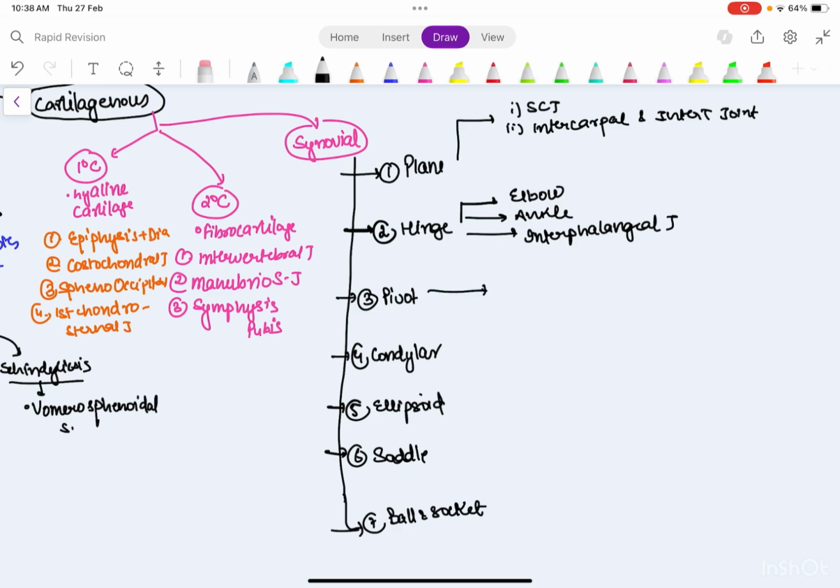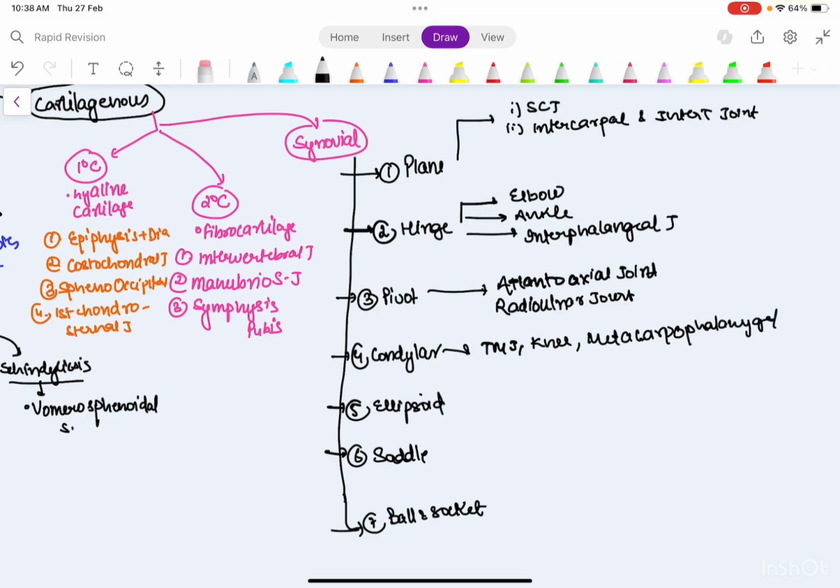Now for pivot you have to remember atlantoaxial joint and radio-ulnar joint. Condylar joint obviously we all know: TMJ, knee, and metacarpophalangeal joint. Ellipsoid is wrist,